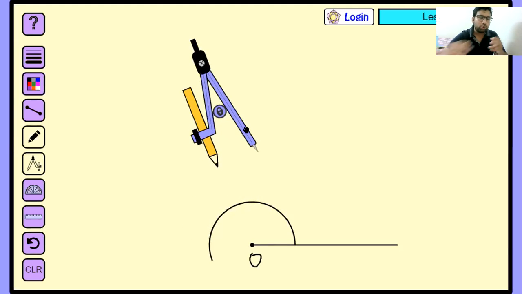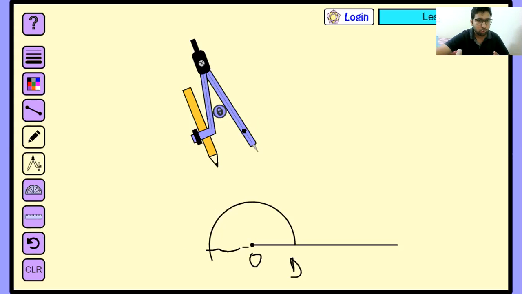So as we don't have the other point, suppose I call it D. As I don't have the other point of 180 degree, we cannot go for that. If you want to go for that only, you will have to extend the line. That is also a possibility. Yes, class. If you want to go for the first method only, in that case, you will have to extend this line so that it will cut it somewhere. The point at which it will cut the extension, that will be your 180 degree, and you can follow the same process. If you don't want to extend this, in that case, what will you do?